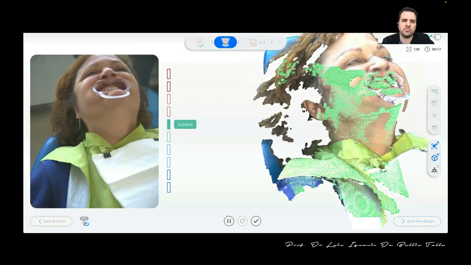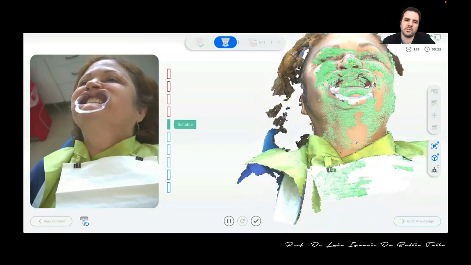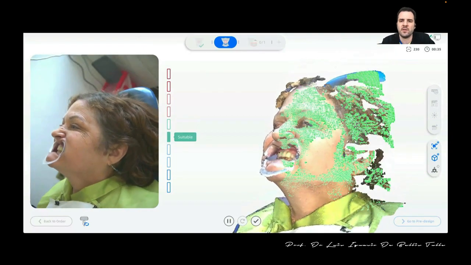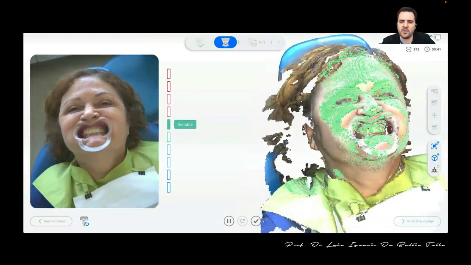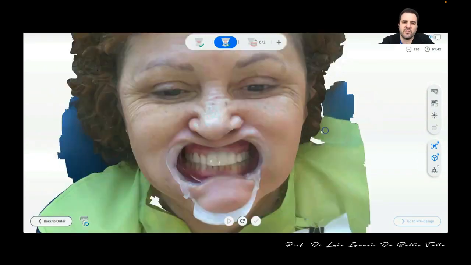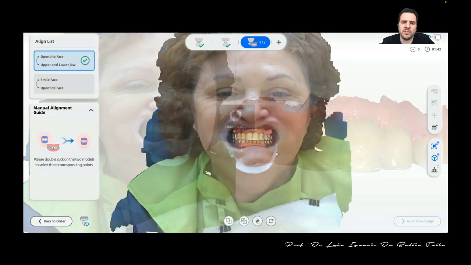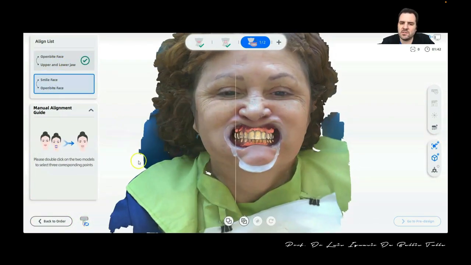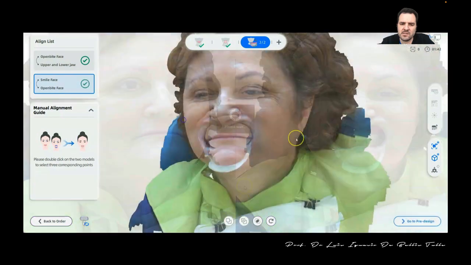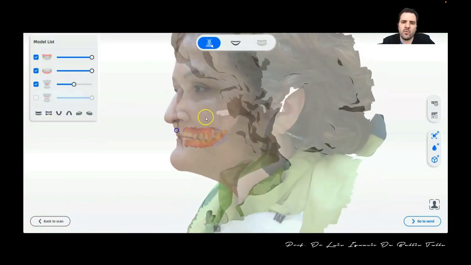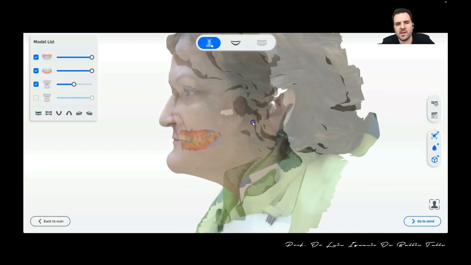Here in this video, we can see what I'm telling you. I'm scanning that patient. I have already scanned her intraoral anatomy with my Shining RR3. And after doing that, I'm going to merge that. As you can see, it's extremely simple, fast, precise, and with the software, we are able to scan the